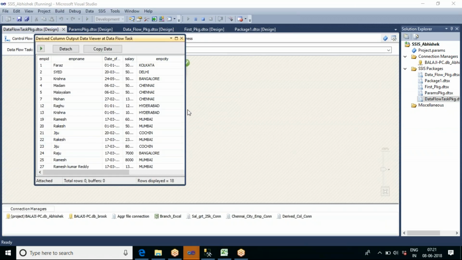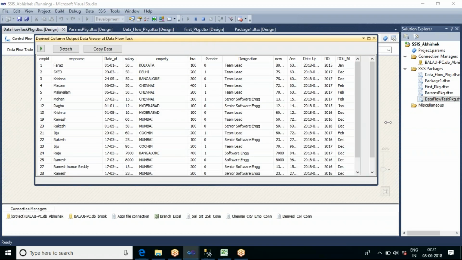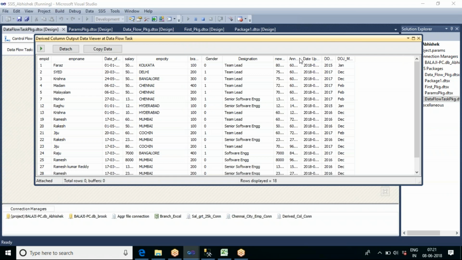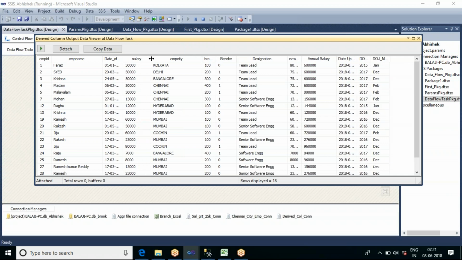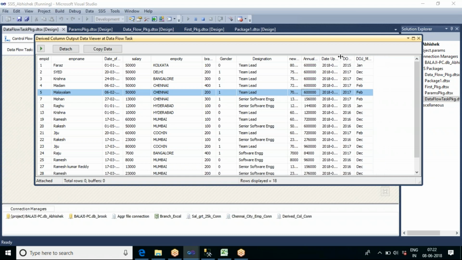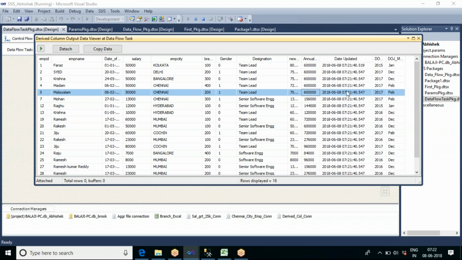Now we can see that we have annual salary. If his salary is 50,000, 50 into 12, something like 6 lakhs is coming here. And for date updated, we are showing today's date as the date updated.